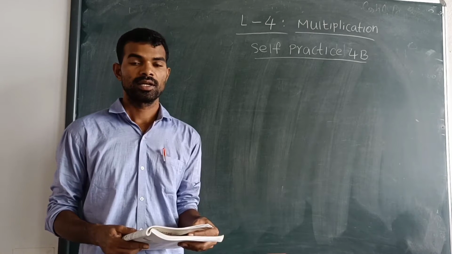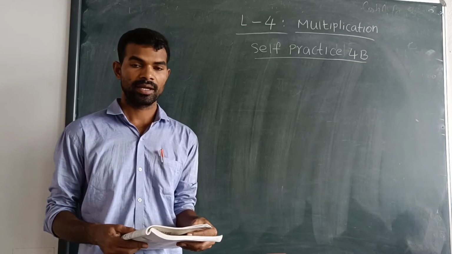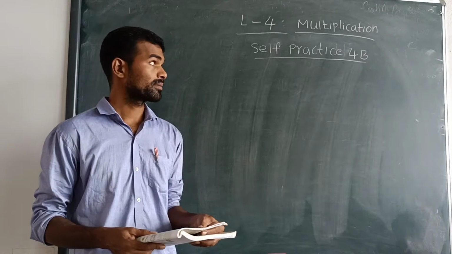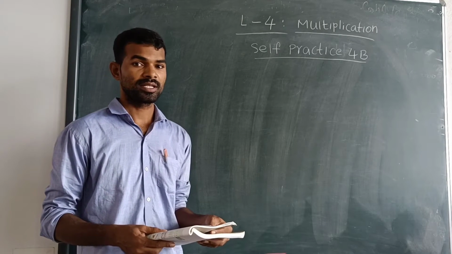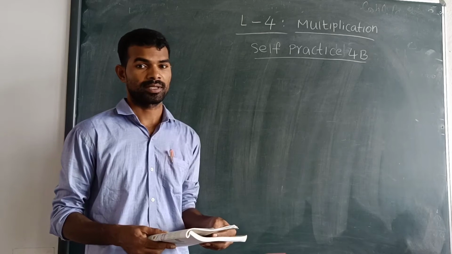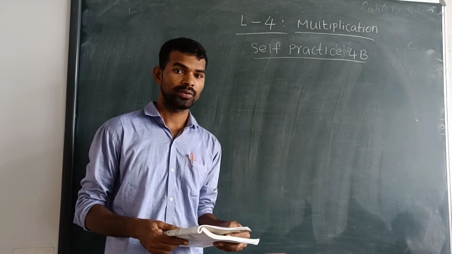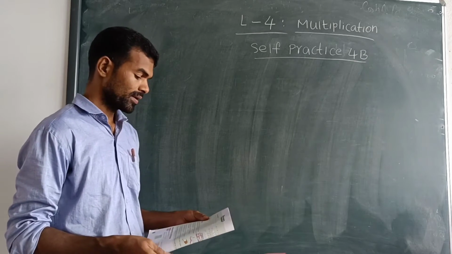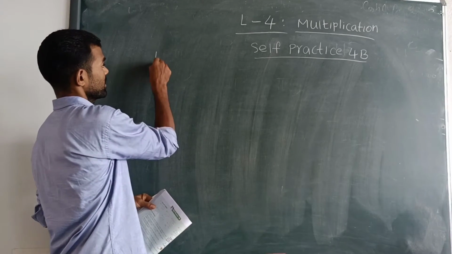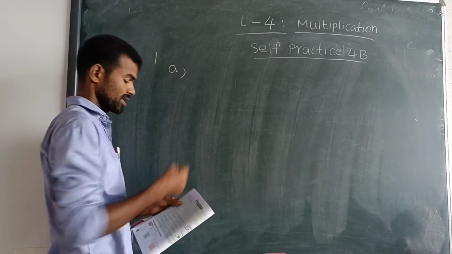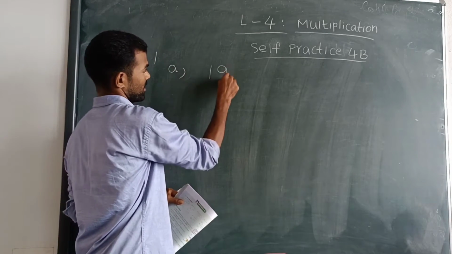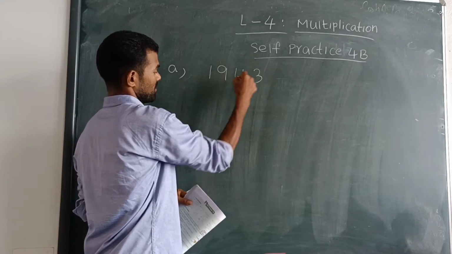Self-practice 4b is based on multiplication by a two-digit number. Self-practice 4b, first question A. Look at the first question A. It is given 1943 multiplied by